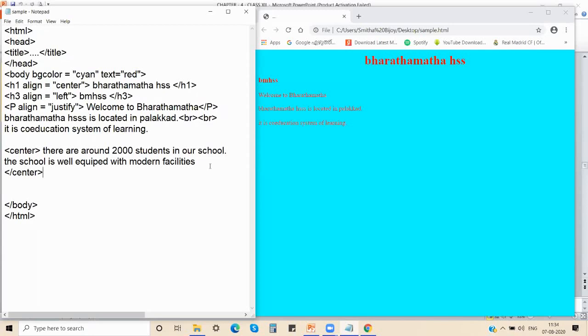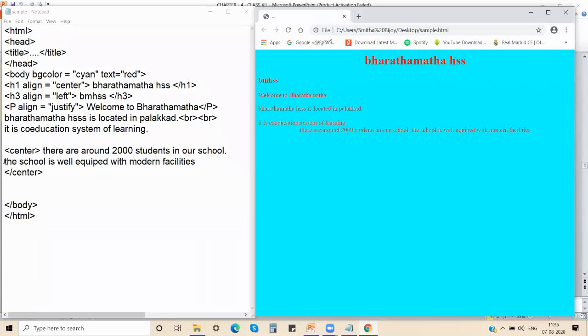Now I'll save the program, come over here and refresh it. Where is it placed? It is placed exactly in the center of the screen. Though I have split it in 2 lines, can you see it is present only in a single line? Yes or no? When I type here I have split it in 2 lines, but you cannot see that in your browser. If you want that to be placed in 2 different lines, what are you supposed to do?